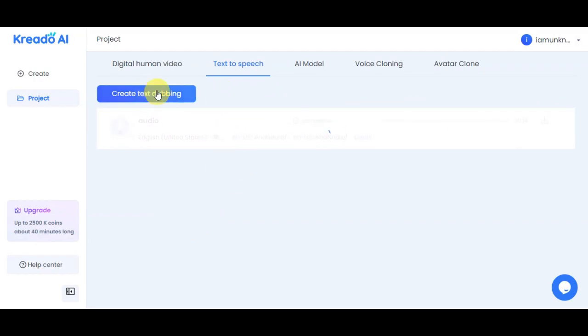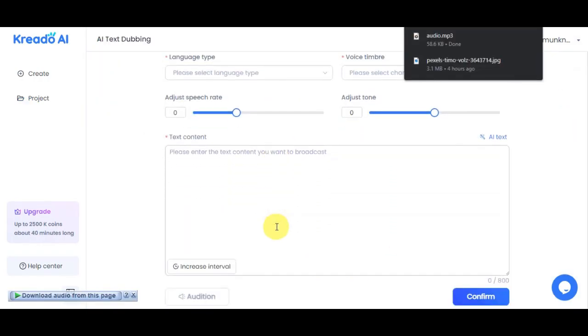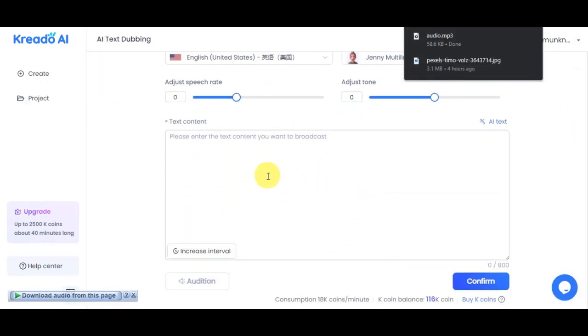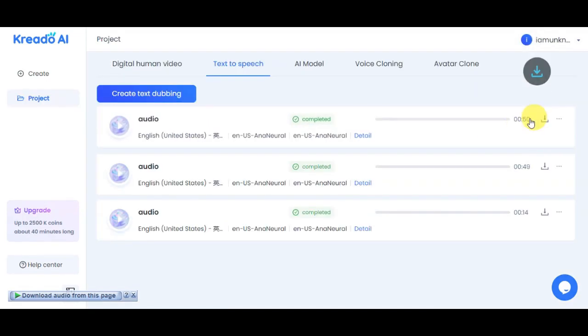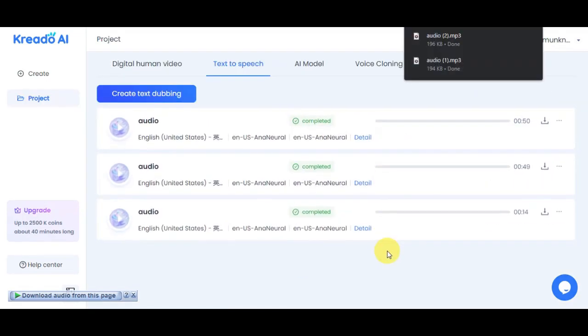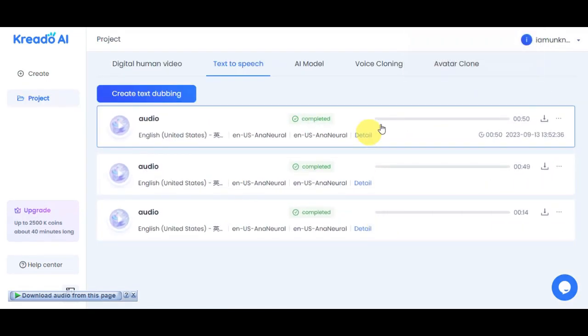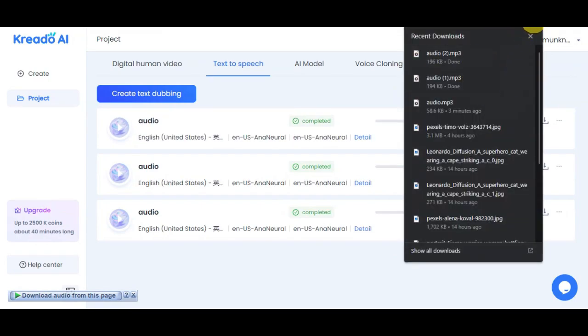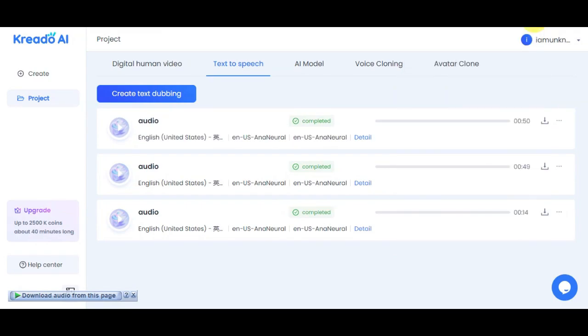And then you need to create a new text dubbing again, and then do the same process until you finish all of the audios to be dubbed already. Now, as you can see in here, I've gone ahead and already dubbed all of the narrations and also have it downloaded in here. So the next thing that we're gonna need to do is to head onto another platform